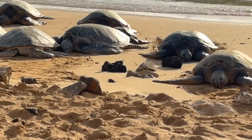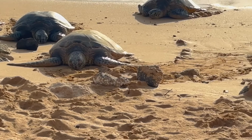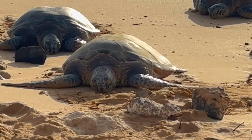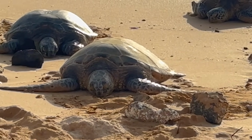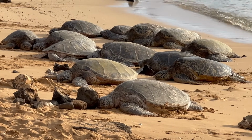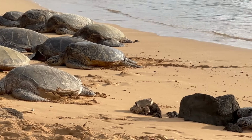And let me zoom in to try to get a close-up. Oh, hello, Mr. Turtle or Miss Turtle. Aren't they adorable? I love turtles. So we spent a little bit of time here just enjoying the sea turtles, and then we headed back to